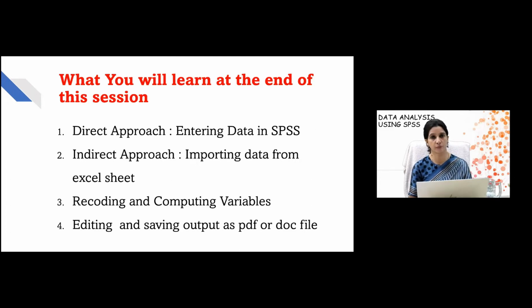These days, a lot of people are using Google Form for the data collection method, and that Google Form gives you the data in the form of an Excel sheet. So you can import that Excel sheet also in SPSS. Then we will learn the recoding and computing of variables, and then editing and saving the output as a PDF or doc file. So now we will go to the hands-on.